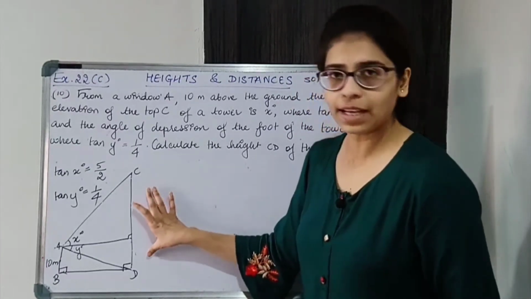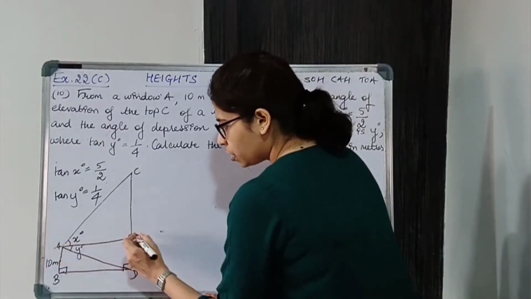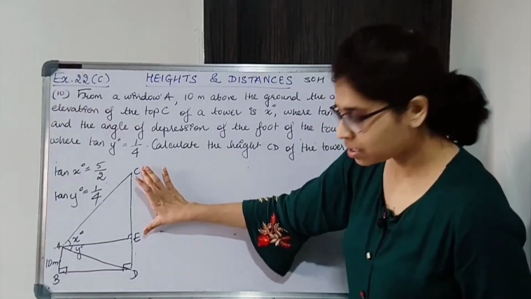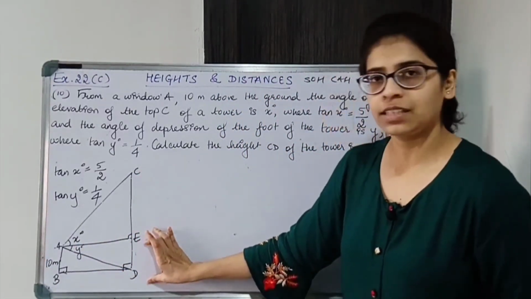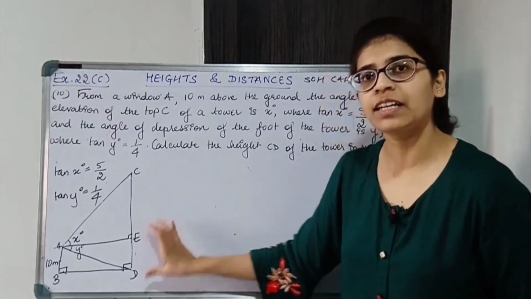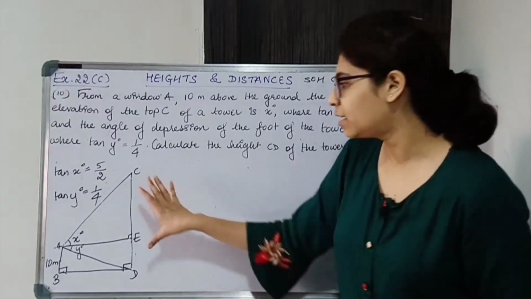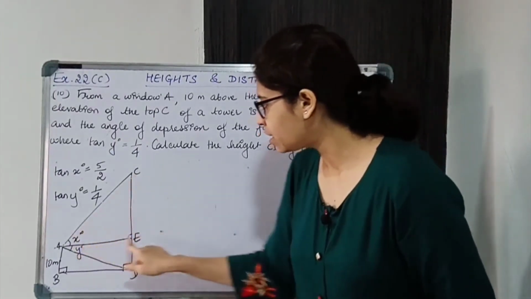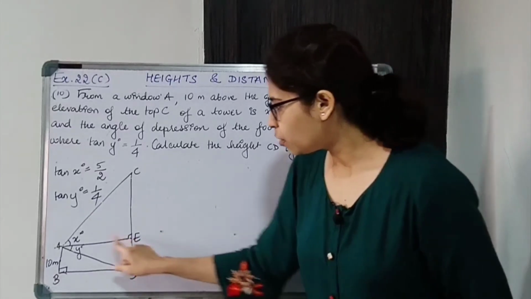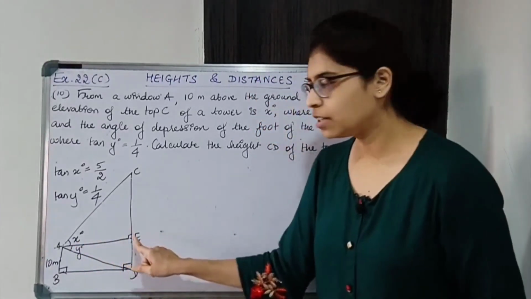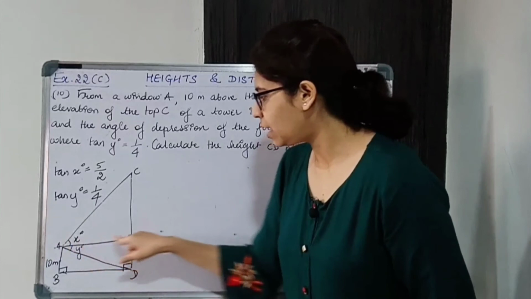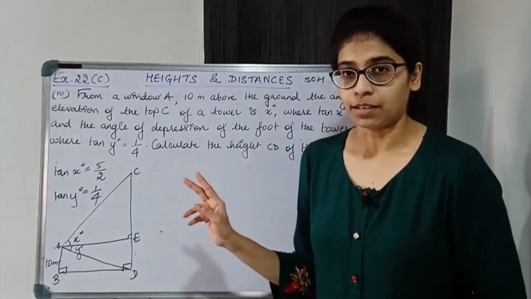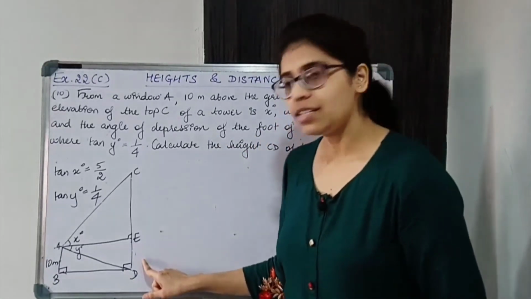ठीक है, CD को break कर देते हैं. This horizontal को we'll name AE. Okay, so we'll break CD in two parts, length CE and length ED. दोनों अलग से find करते हैं and then we'll add the two lengths and we'll get the length CD. CE is a part of this right angle triangle, ED is a part of this right angle triangle. So CAE and DAE, two right angle triangles. So ED and CE find करना है, but ED is easy.